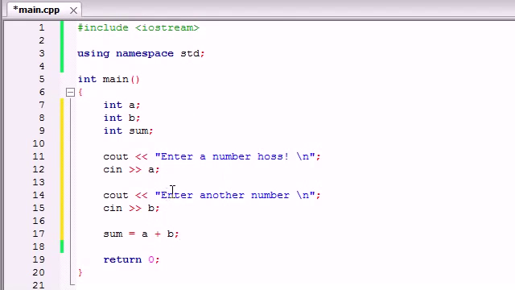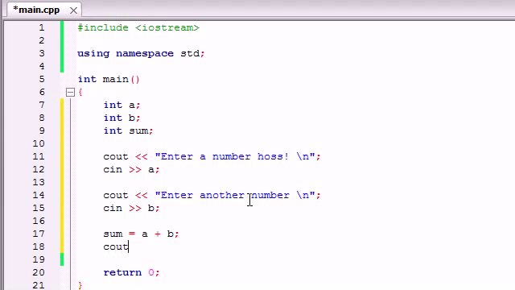And now what our computer program is going to do is say, all right, I'm going to grab the value you put in for a, and I'm going to grab the value you put in for b, and I'm going to calculate that and store that in the variable sum. So for example, if you wrote 10 and 15, it's going to say, all right, grab 10, grab 15, calculate the sum of it, which is 25, and store it in a variable called sum. So now the sum is equal to the answer, and all we have to do now is print it out